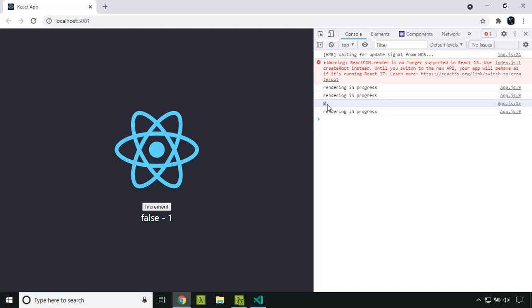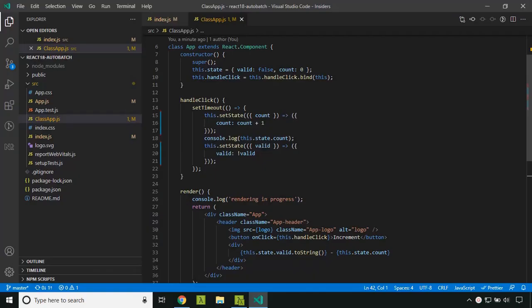With the new automatic batching, it will still work in the same way and it will not have any effect. But what will happen if I am using a class component? I have created a class component called classapp.js, and inside that I am executing the same functionality I did in the functional component.